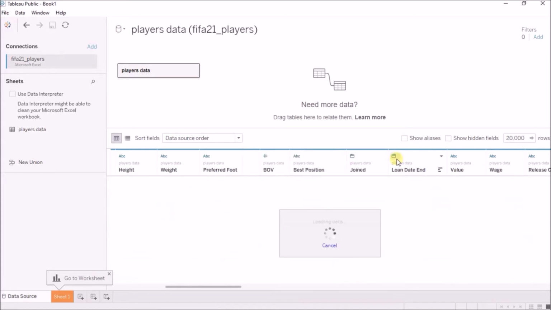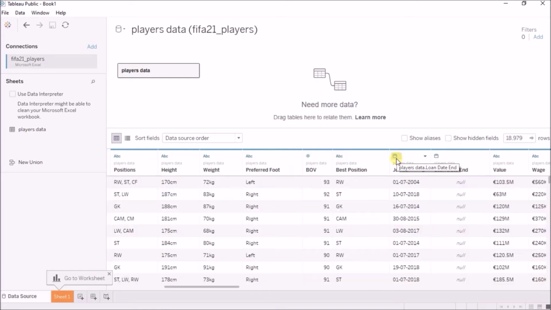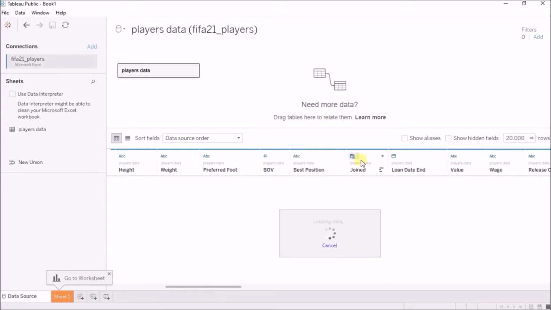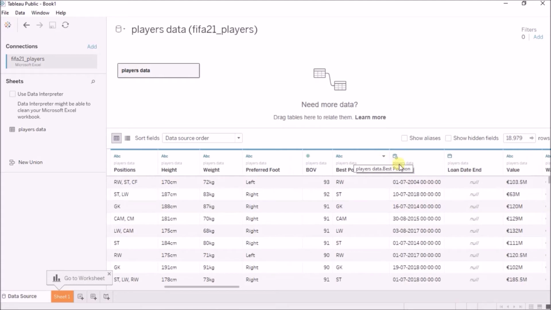Now this date column has a calendar symbol, and if I check for the date and time column, the date and time data type, now when is this useful? If I click on this, I get a calendar symbol and a clock symbol here, which is now giving me exact date and time, right? Hours, minutes and seconds.